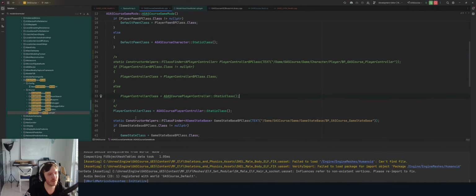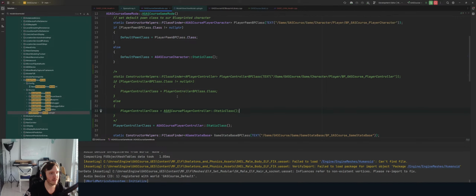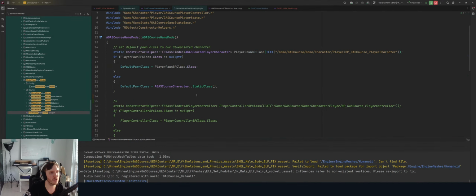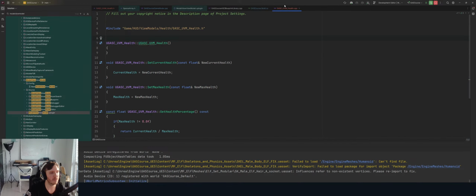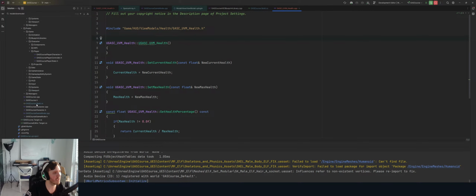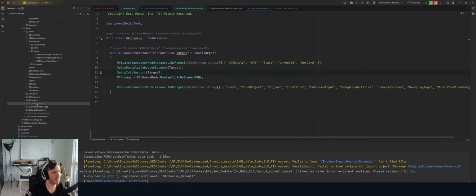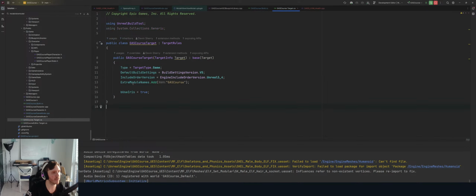I think that's what I discovered earlier, where it's just constructed too soon. Like maybe I have to say, I don't know. So in the target, yeah, so extra modules. Do I have to say like,